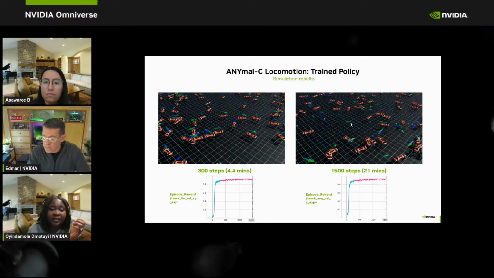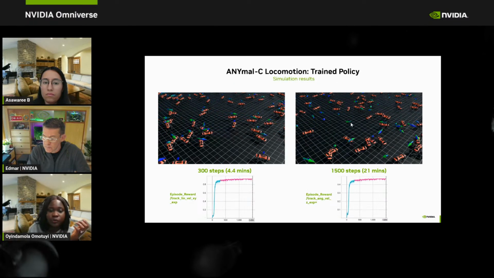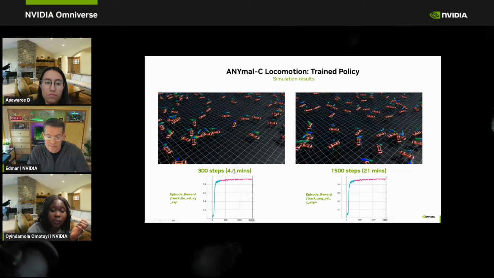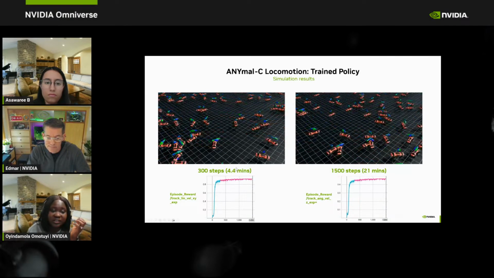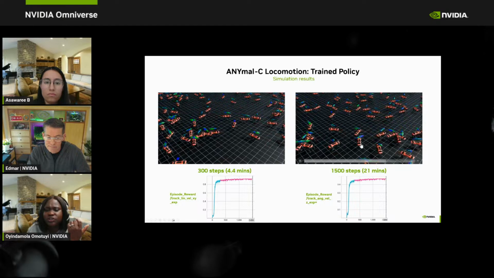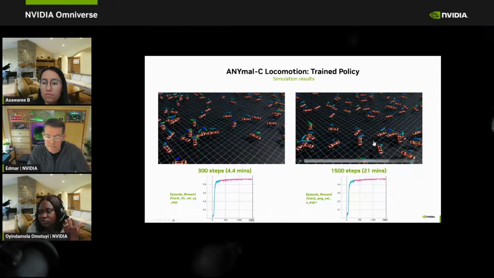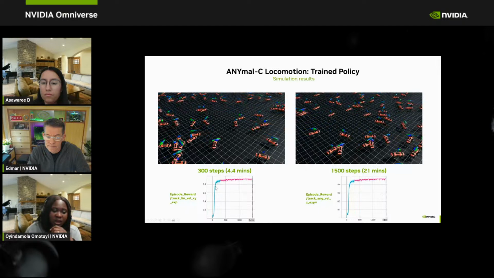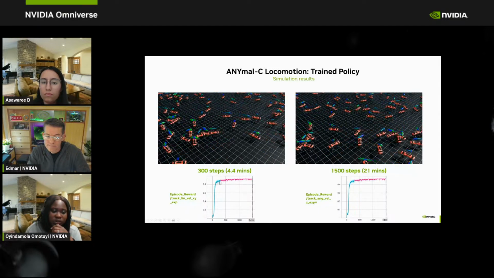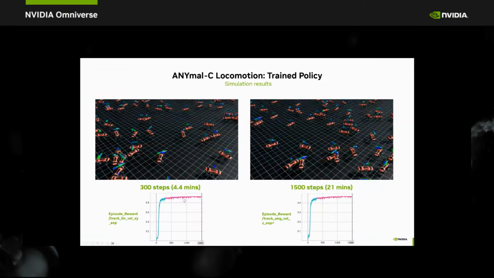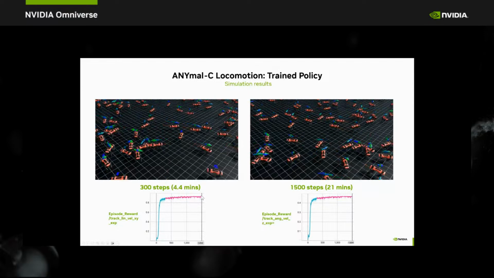And yeah, we have our robot working. So this is working after training for 4 minutes, and then the robot is working. And of course, you can train for longer hours to train your policy better. The blue line is showing what it looks like after 300 steps. The pink line is showing what it looks like after